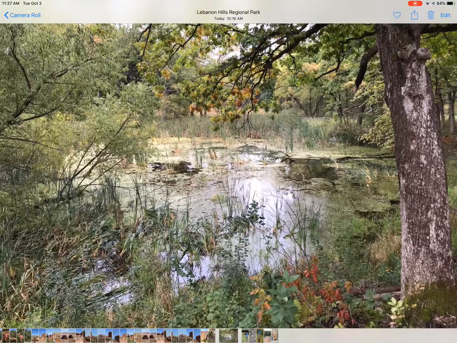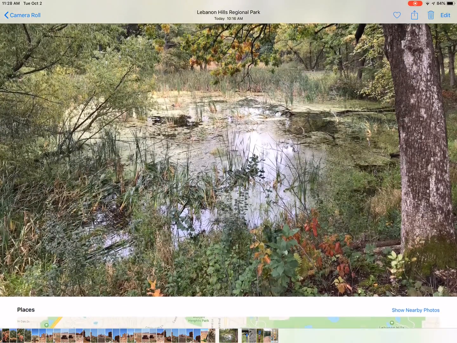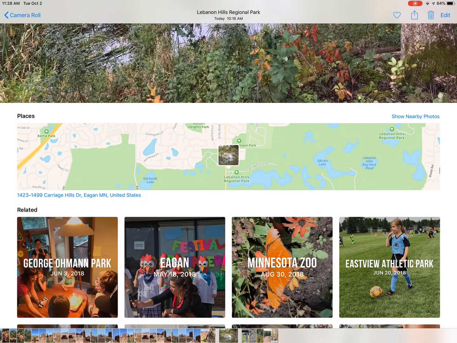And let's say I select this picture. It's starting to be fall here. And I want to know exactly where this picture was taken. If I just scroll down here, you'll see places shows up. And this shows the location of that image on the map, which I can enlarge here. But it also tells me just in words where this location is. It's in the Carriage Hills Drive, Eagan, Minnesota. It's in a place called the Lebanon Hills Regional Park,